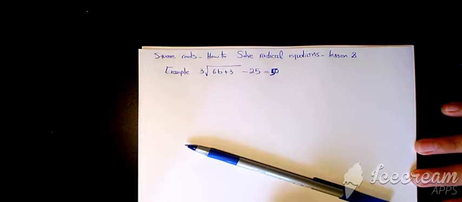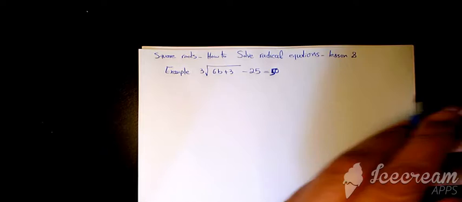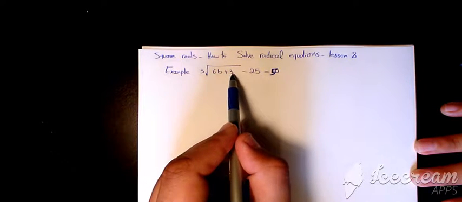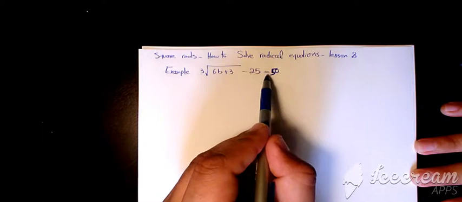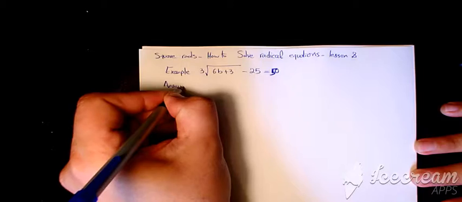Welcome to my channel. In this video I want to show you how to solve radical equations. I'm going to show you different examples. The first example is 3 root (6b plus 3) minus 25 equals 50. The answer is